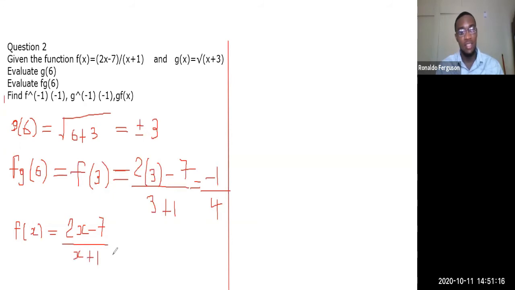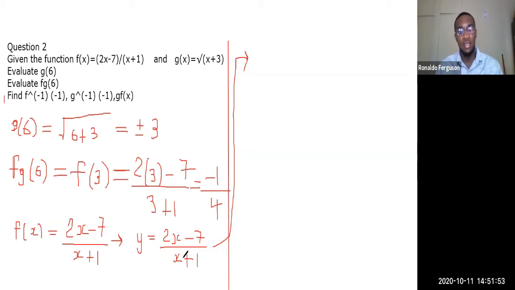So now that we have this as f of x, what that is telling us is we can replace f of x with y, and so we're getting y is equal to 2x minus 7 over x plus 1. That is y. And so after you find this now, let's bring it up here. So y is